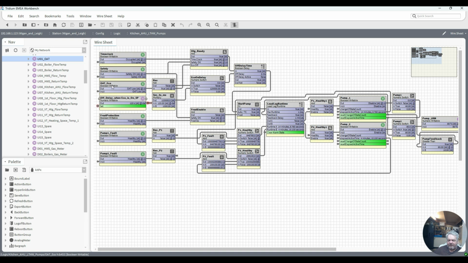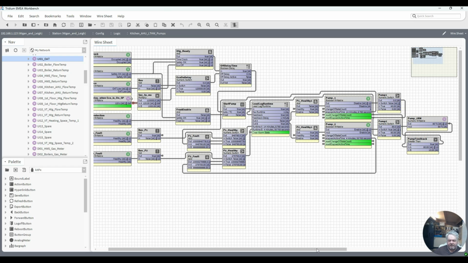So once outside air eco has been activated, we will put a delay of 120 seconds into this off delay, so that when the pumps do turn off, we've actually got a delay on them pumps to keep it running for 120 seconds. That's only when the outside air is